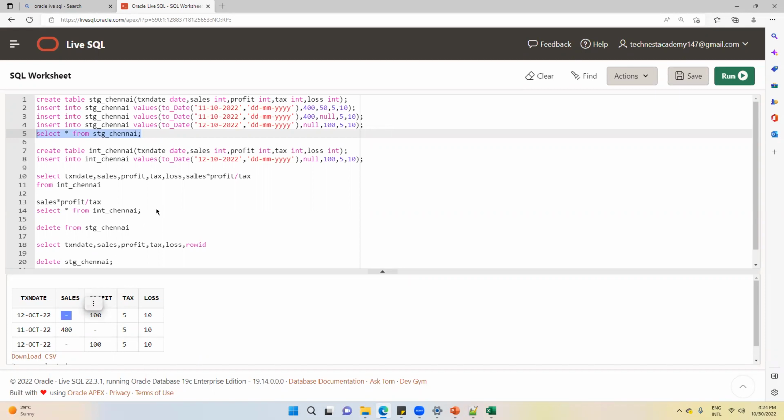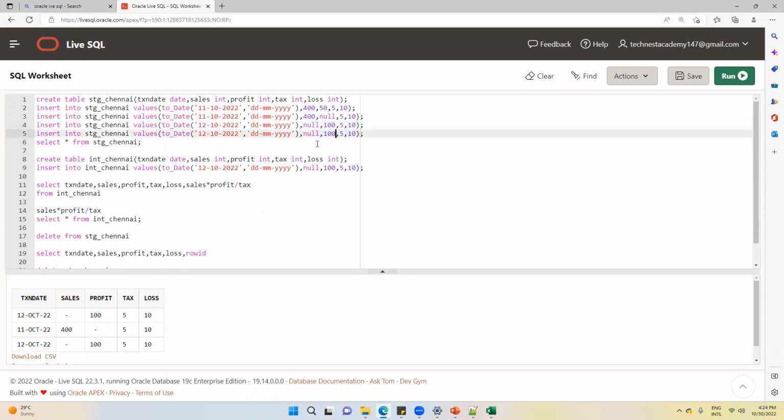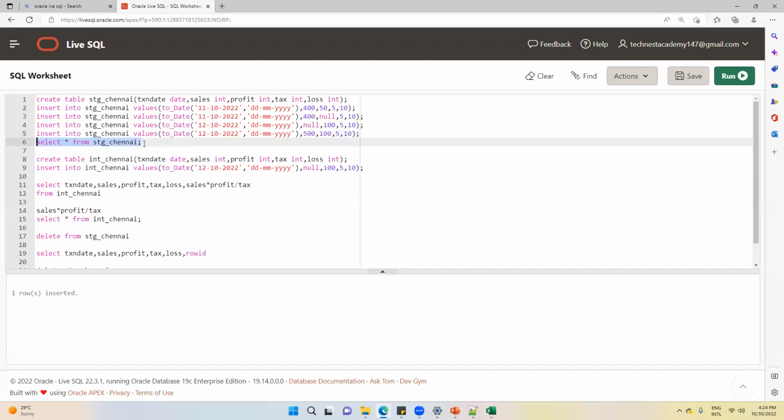Then they will send you correct data, and in the staging you insert the correct sales number, suppose 500. Now when you check it, you have this correct number in staging.